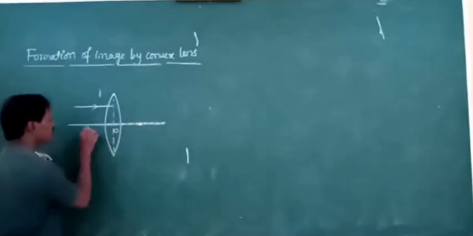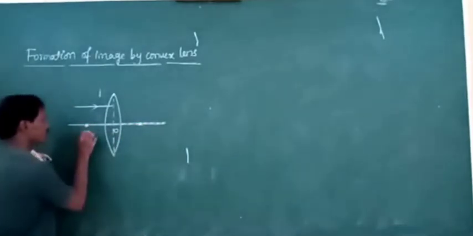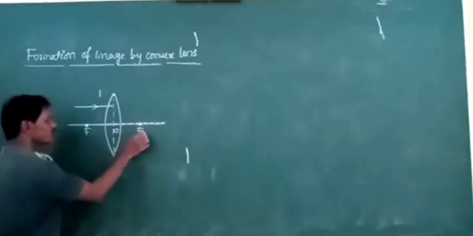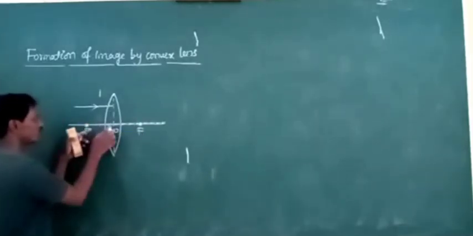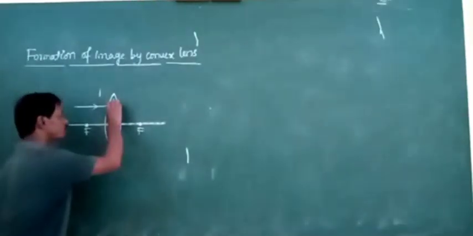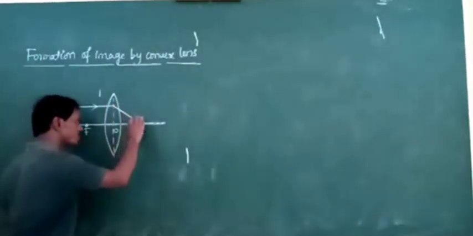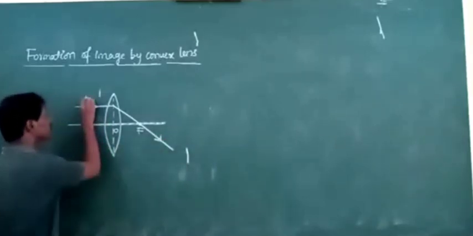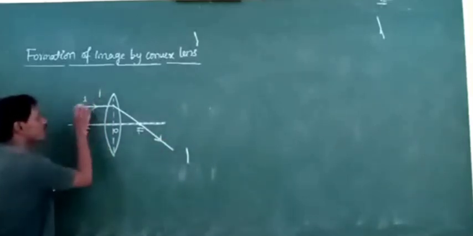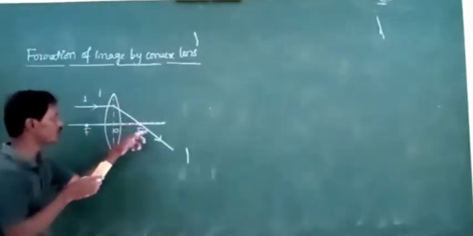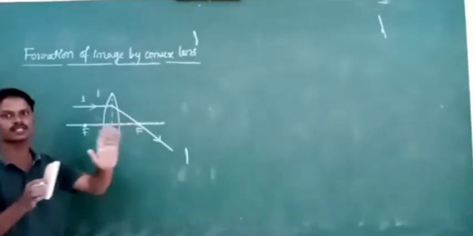The lens has how many foci? 2 foci. One is at the object side, another is at the image side. Then both foci are equidistant from the optic center. Now, after refraction, the refracted ray passes through the second principal focus. It is the first incident ray. If the incident ray is parallel to the principal axis, after refraction, the refracted ray passes through the second principal